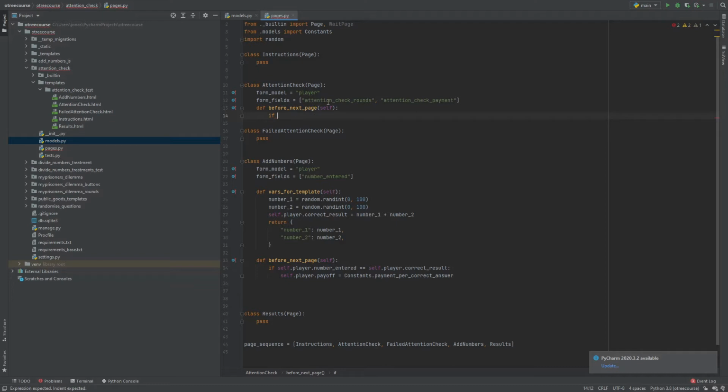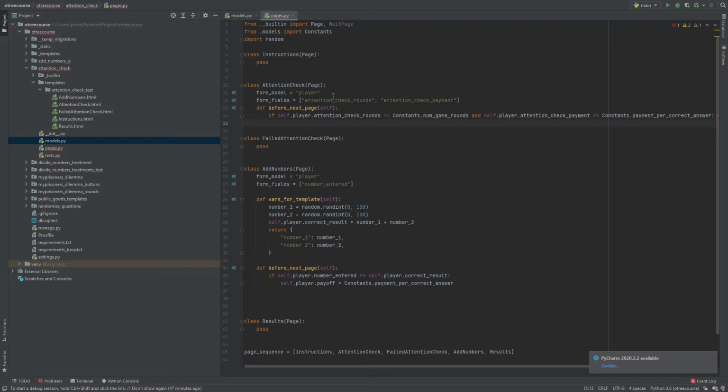So if player self.player, don't forget the self.player.attention_check_rounds, if this is the same as the constants number of game rounds, so if the subject correctly entered the number of rounds of the game, and if the subject also correctly entered the payment that she will receive for each correct answer, which is stored in the constants payment per correct answer, then the attention check is passed, and we are going to create a new variable